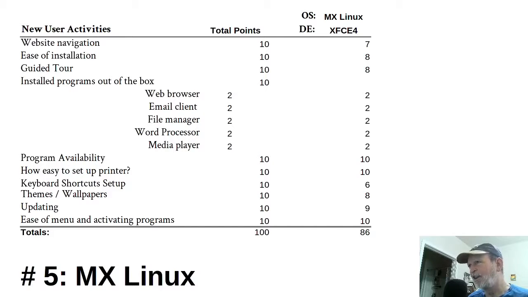And I think the installation, I gave it an 8 only because it wasn't a smooth Calamares type installer, but it was a little bit difficult how it worked and stuff like that. So mileage may vary, may be perfectly logical to you, but wasn't to me. So that's MX Linux. Now #4 on the list was